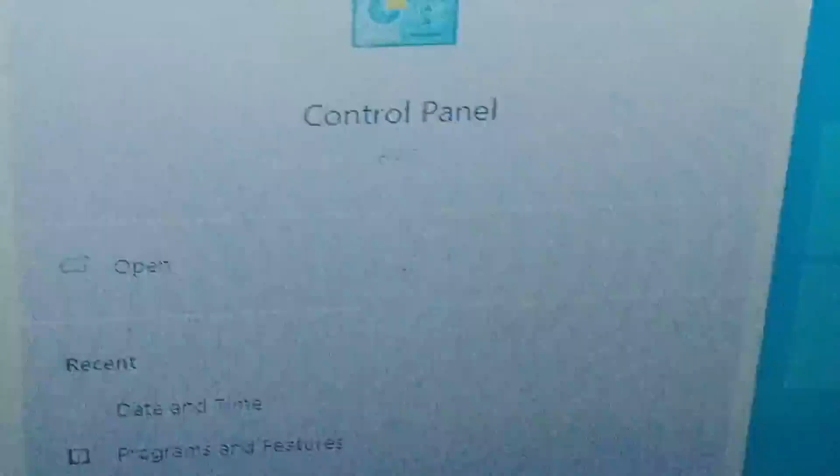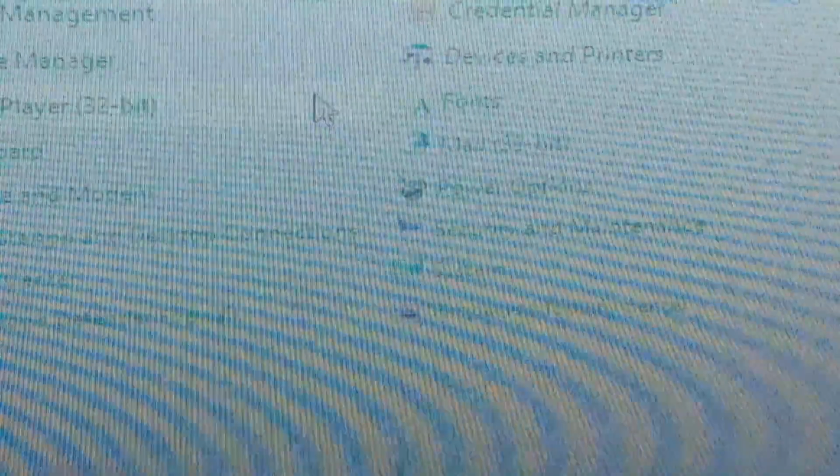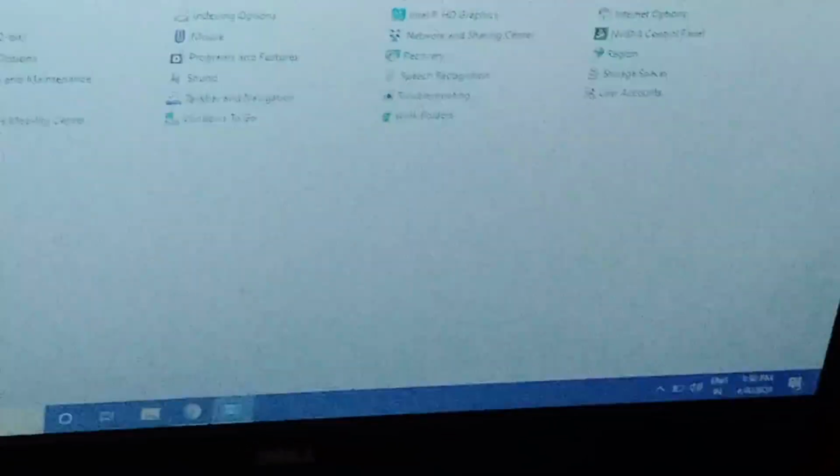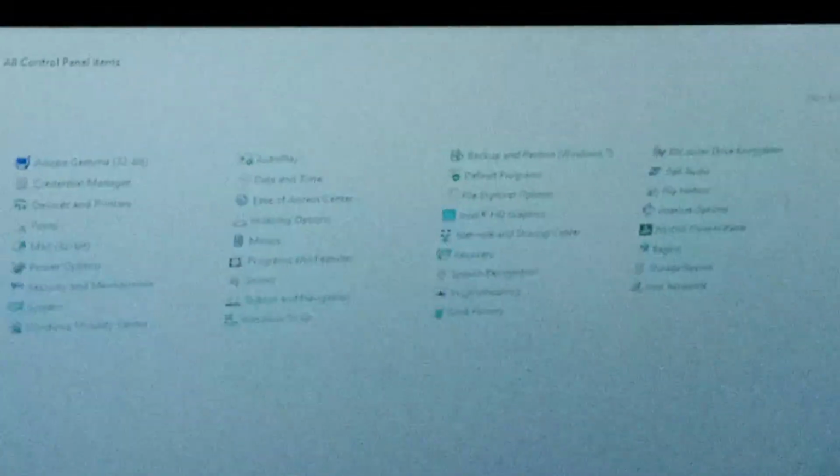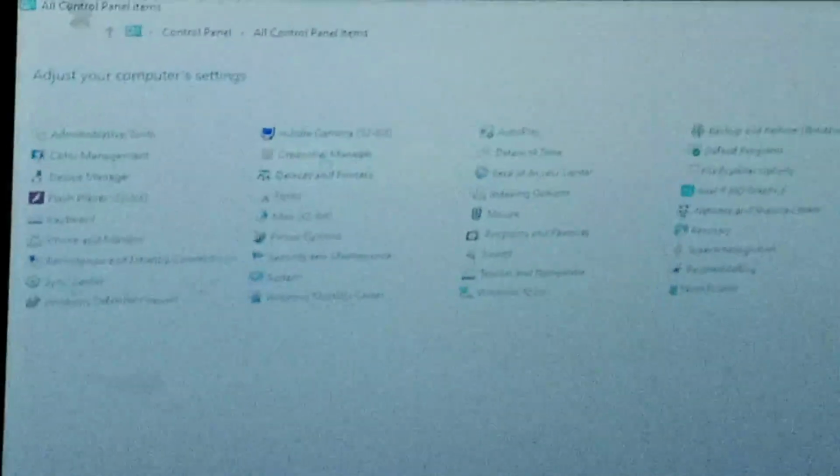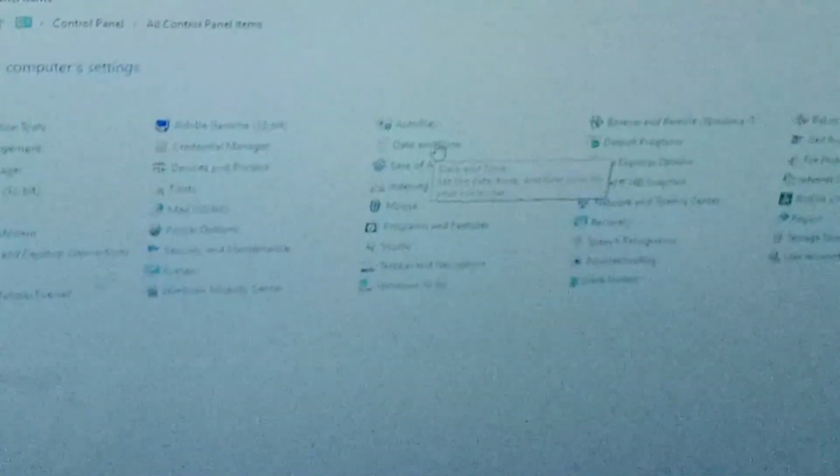Click control panel, and you open the control panel, and there are so many options in front of you. But today the topic is changing the date and time, so just click the date and time option. When you click the date and time option, one dialog box appears in front of you.